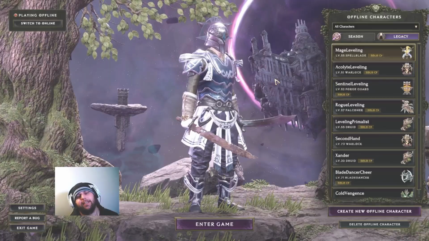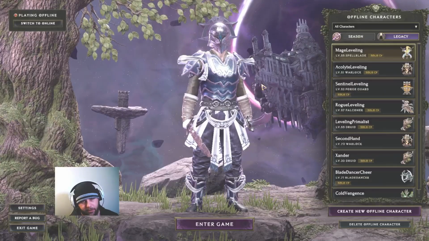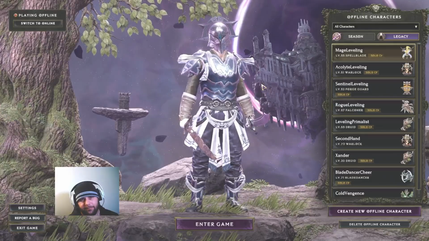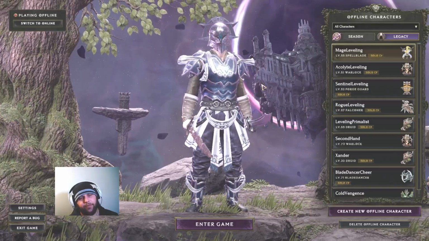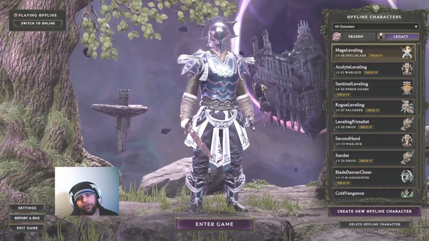But yeah, all of them can get through. All of them can do everything. I recommend either Rogue or Acolyte for you to start as your first character if you're not playing solo self-found. Totally up to you. Let me know what you think,